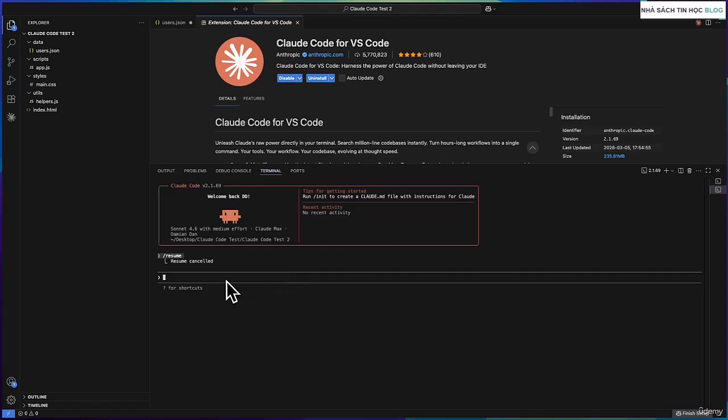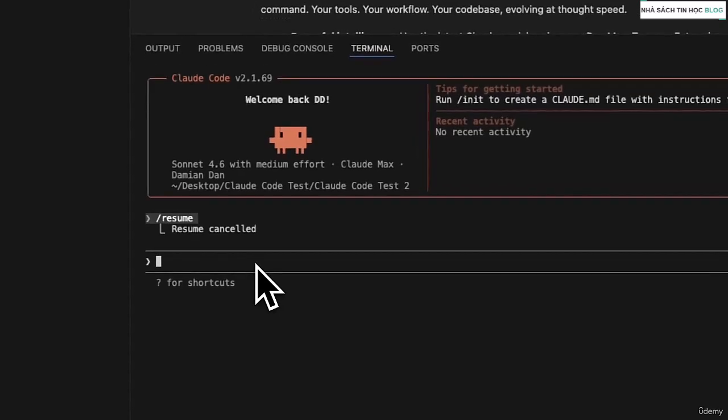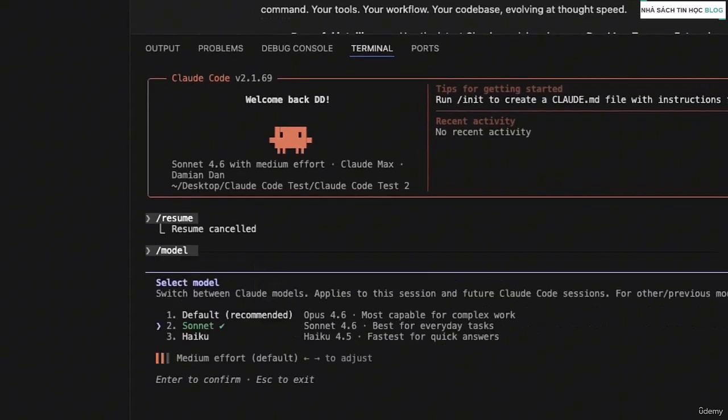All right. Now, one of the first things you might want to do is switch the model you are using. By default, you might be on a lighter model. For example, currently I'm using Sonnet 4.6 with medium effort. But you can change this by running the /model command. All right? You can see Anthropic by default recommends the 4.6 model, which is most capable for complex work.